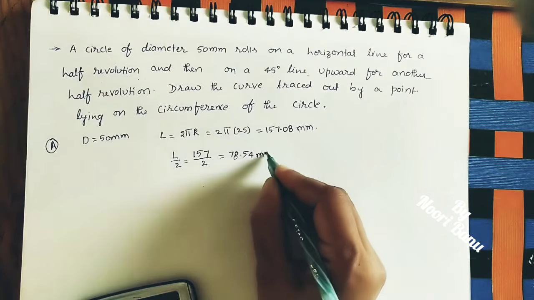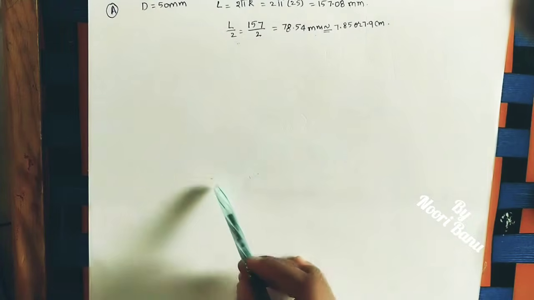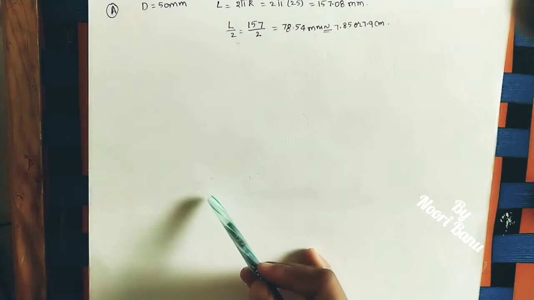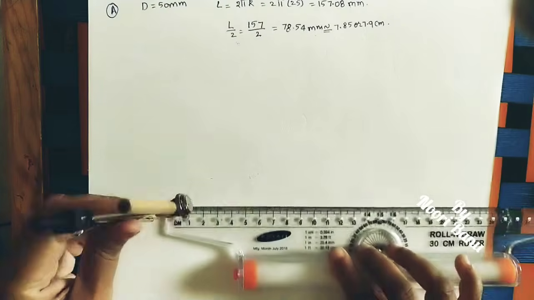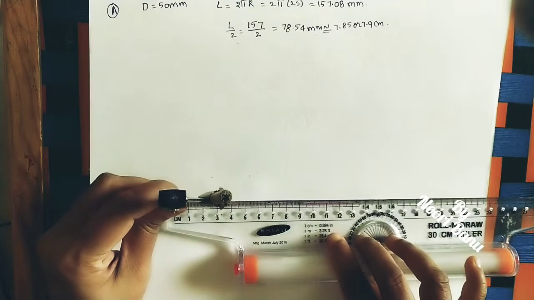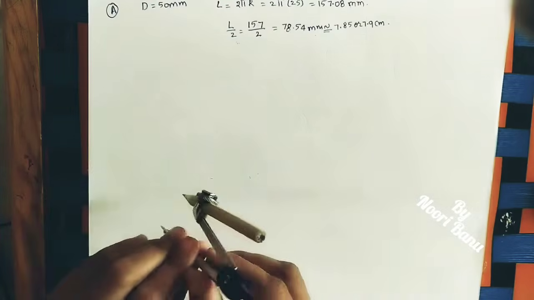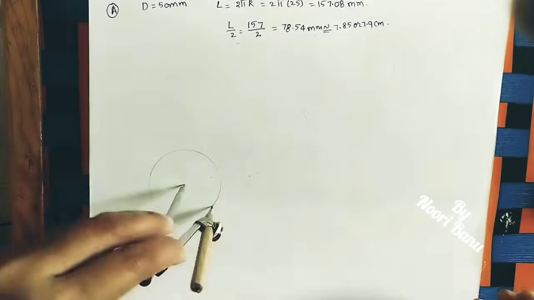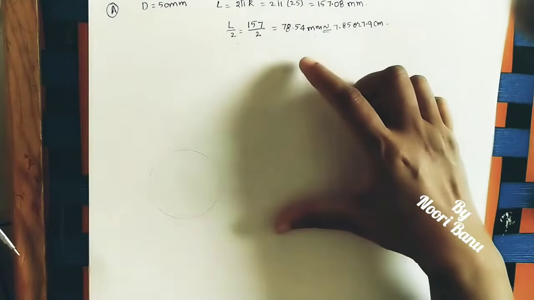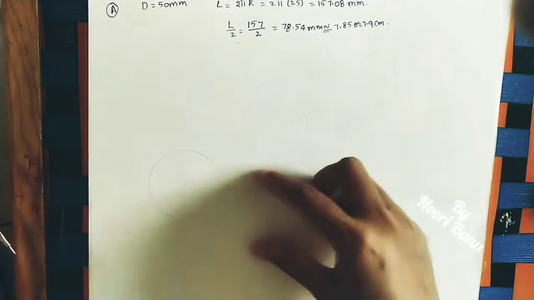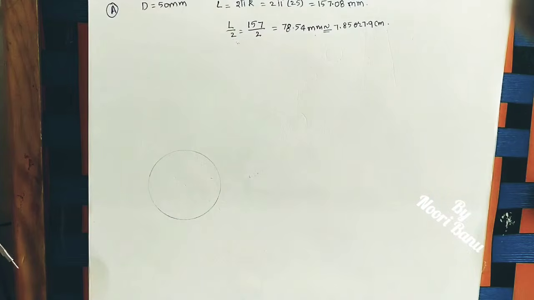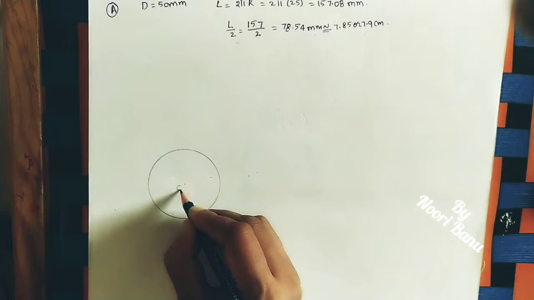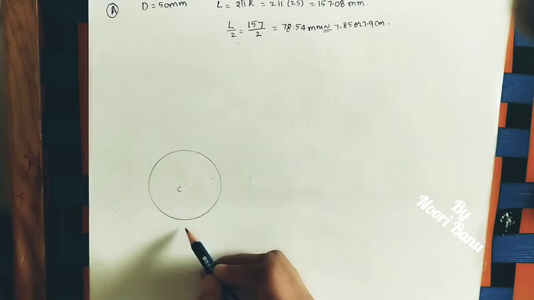Here let us draw one circle initially. As you know, the diameter is 50 mm, and the radius is half of it, 25 mm, that is 2.5 centimeter. Take 2.5 centimeter radius, take one point as the center, and draw one circle. Here let us give some gap after the question, so that we can draw the 45 degrees line also. So for this circle, this point is the center, take this as C. Here draw one vertical diameter.